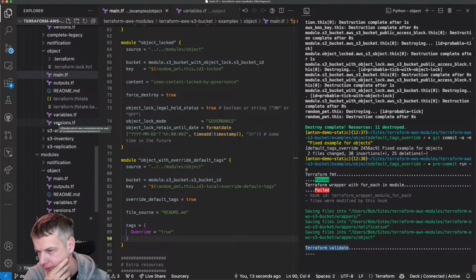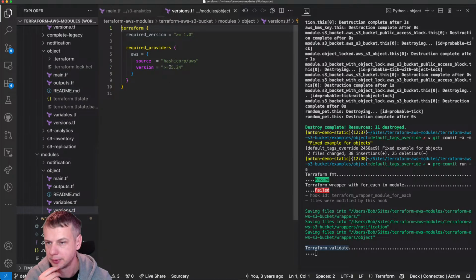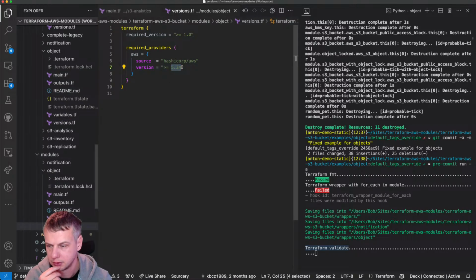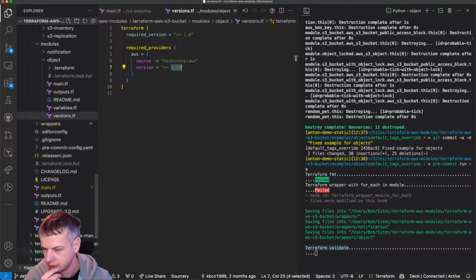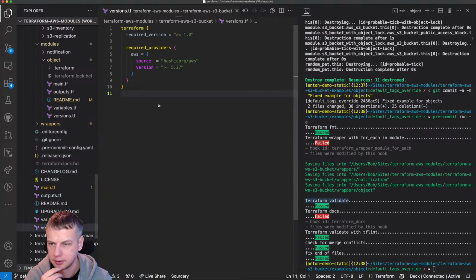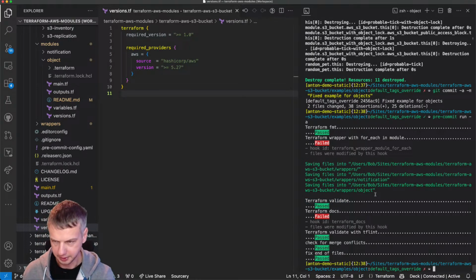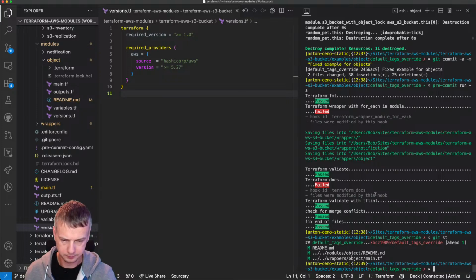Right, let me think. So this module is expecting 527. That's when this feature was, no, 524. What about root module? Root module doesn't have this. I mean, root module can be any previous version because we don't have this override block there. But it's already higher, so it's good.